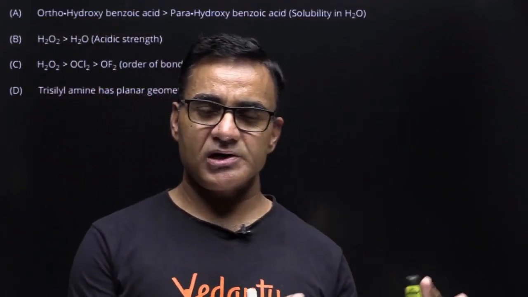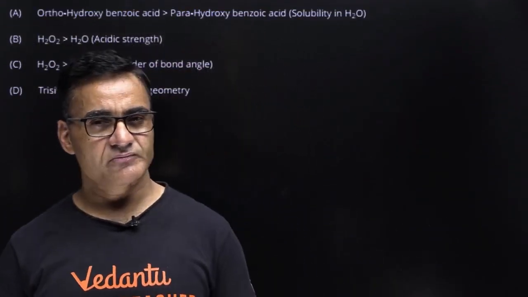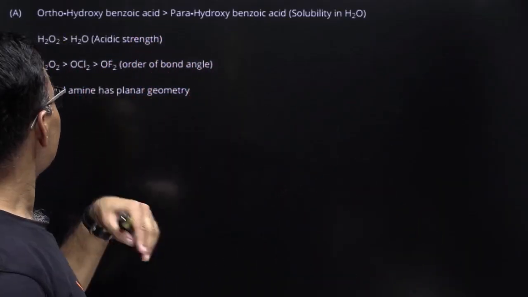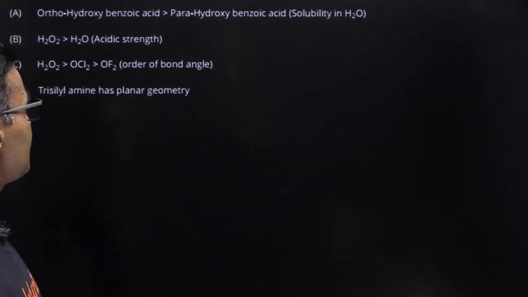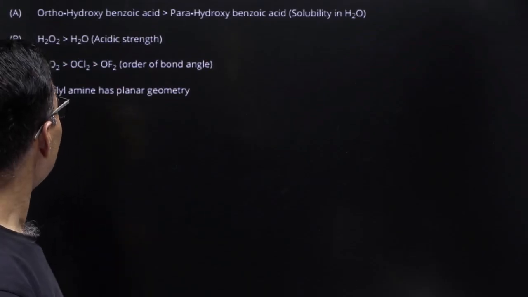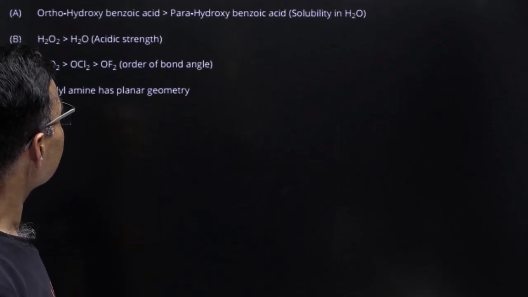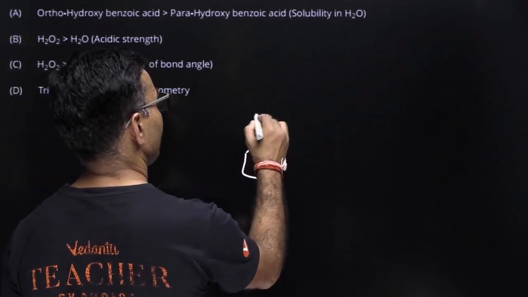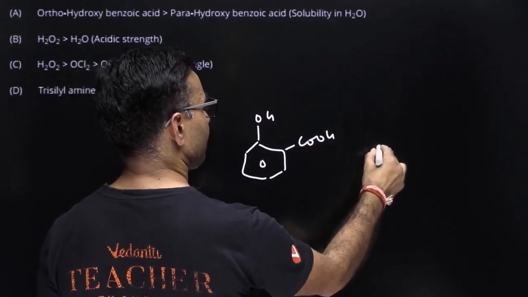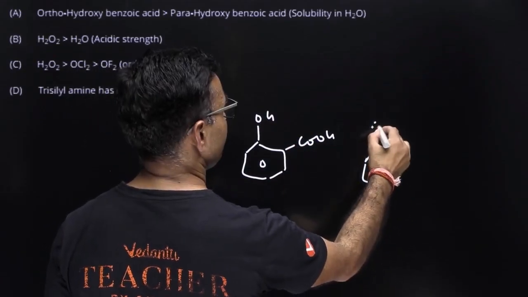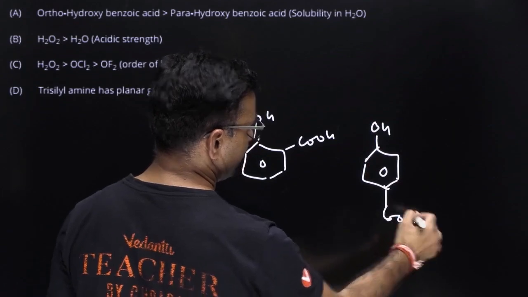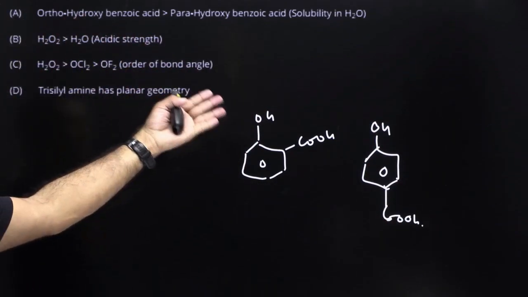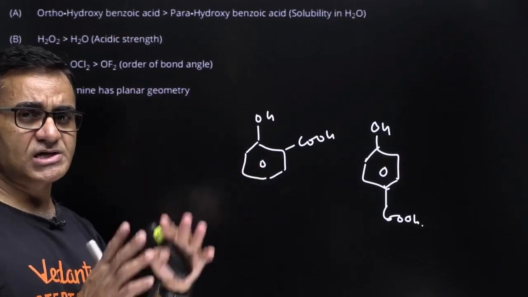ये क्वेश्चन बेसिकली बॉन्डिंग के फैक्ट पे या केमिकल कंपाउंड के फैक्ट के बेसिस पे सॉल्व करना है। क्वेश्चन के अंदर बताना है आपको कौन कौन से स्टेटमेंट करेक्ट नहीं है। लाइक पहला है ऑर्थो हाइड्रोक्सी बेंजोइक एसिड इज मोर सॉल्युबल एज कंपेयर टू पैरा, विच स्टेटमेंट इज नॉट करेक्ट, ये ध्यान रखिएगा। ऑर्थो हाइड्रोक्सी बेंजोइक एसिड में एक्चुअली होता है इंट्रामोलिकुलर हाइड्रोजन बॉन्डिंग, राइट, जिसकी वजह से इसका पानी के साथ इंटरेक्शन कम हो जाता है एज कंपेयर टू पैरा, क्योंकि पैरा इंटरमॉलिक्यूलर हाइड्रोजन बॉन्डिंग पानी के साथ बना सकता है, राइट। तो ये स्टेटमेंट हो गया गलत। ऑर्थो हाइड्रोक्सी बेंजोइक एसिड शुड बी लेस सॉल्युबल, पैरा ज्यादा सॉल्युबल होगा क्योंकि पैरा पानी के साथ हाइड्रोजन बॉन्डिंग बना सकता है,